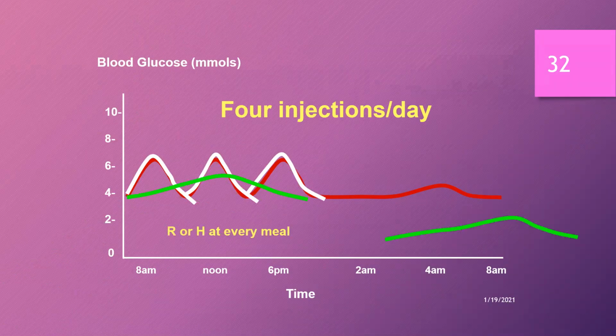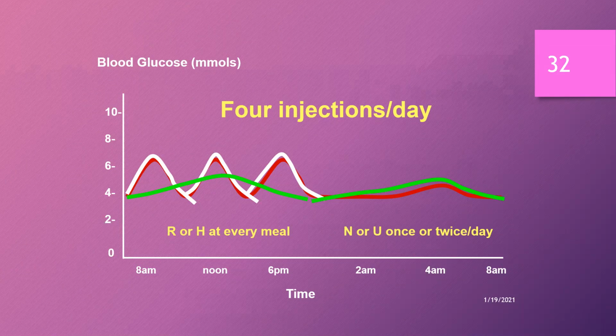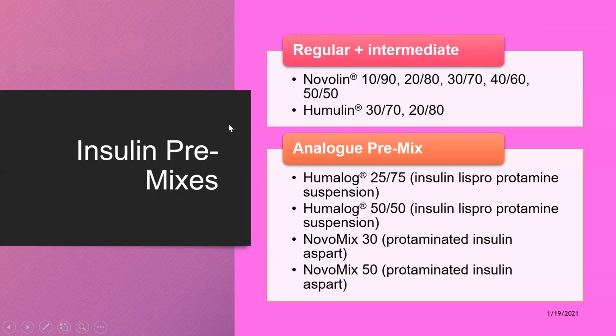So this is how a basal bolus regime is supposed to work, whether you're giving a long acting or the NPH type of insulin, which acts for 12 to 13 hours, which you have to give twice, as you can see here through the green graphical line. And the rapid acting or the human insulin can be given just before meals, breakfast, lunch, and dinner. So this is how a basal bolus or 4 injection regime usually works.